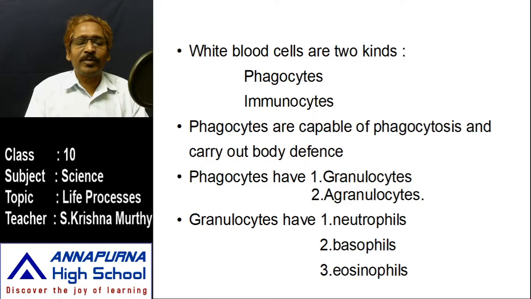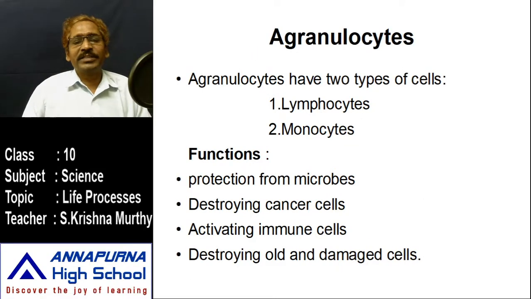These also give protection from different kinds of microbes, chemicals and foreign toxicants that try to damage our body, and give immunity to our body to resist different kinds of environmental conditions. So the phagocytes such as granulocytes and agranulocytes, and granulocytes such as neutrophils, basophils and eosinophils help our body. Later we will discuss granulocytes and agranulocytes.